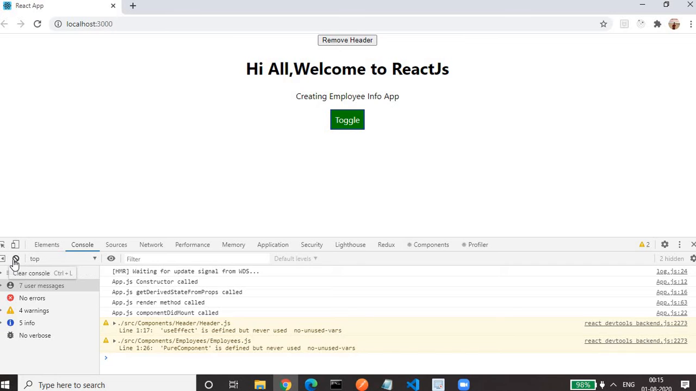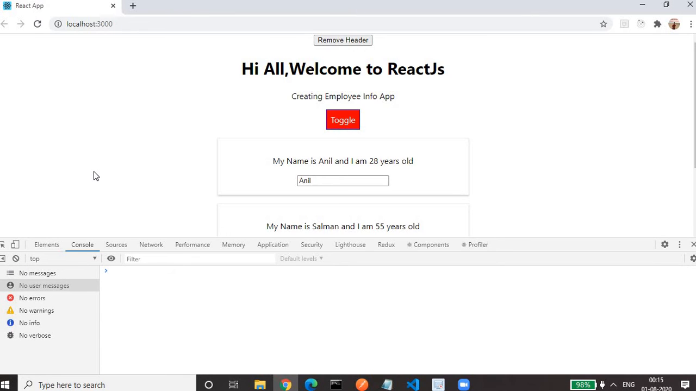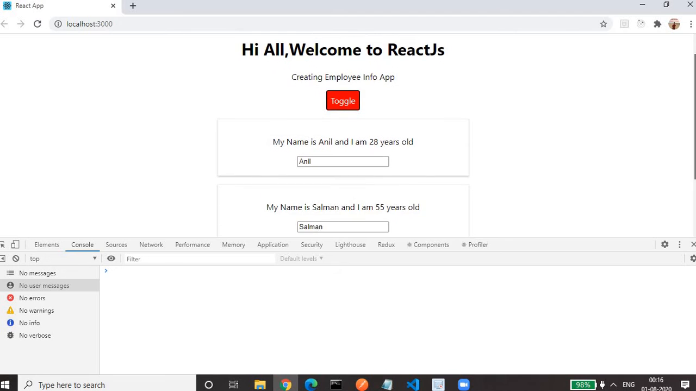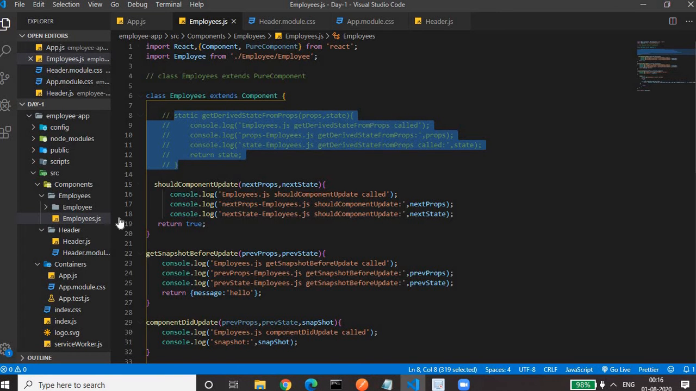Okay. So let me click on the toggle button. Now you won't see that error. So here we will see the lifecycle methods related to the updation. Updation means updation of props. So how can we update the prop? If I type something in this input field which is present in the employee component,